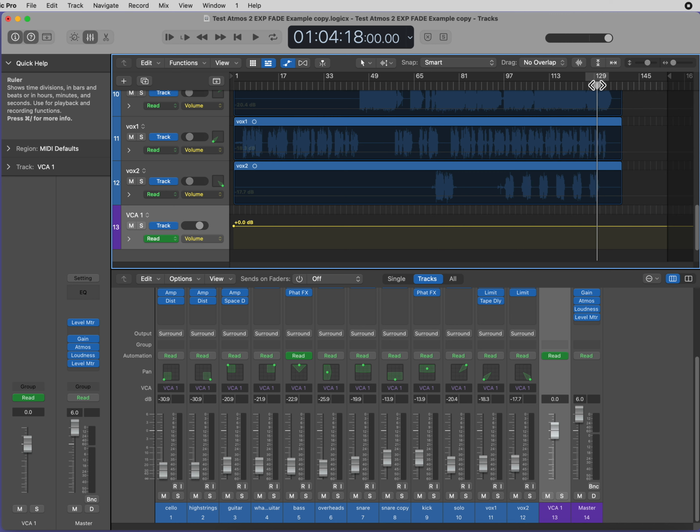Now I want you to locate the place on your multi-track that you want the track to be completely faded out. Usually you do this by listening several times to the multi-track to the end of the track and figuring out what sounds best. I've already done this. I already know that this is the place that I want to end. So I'm going to double click right at that spot. And I know that I want the fade to start here. So I'm going to double click there.